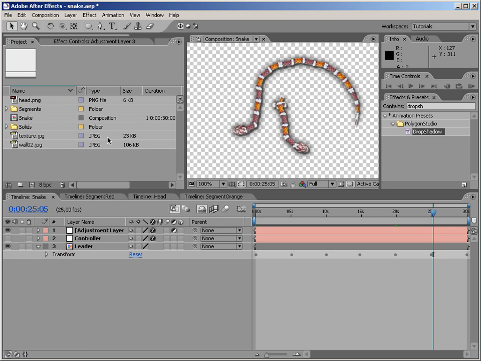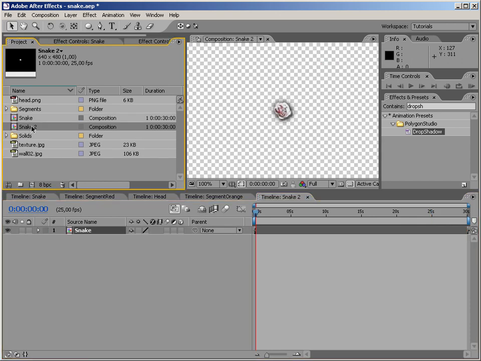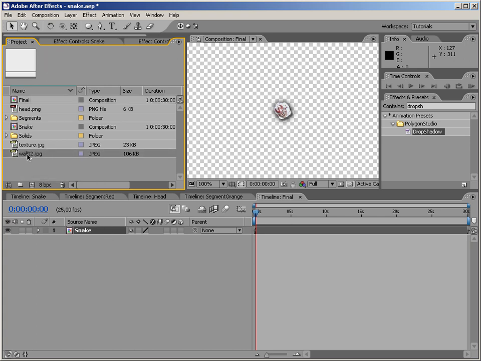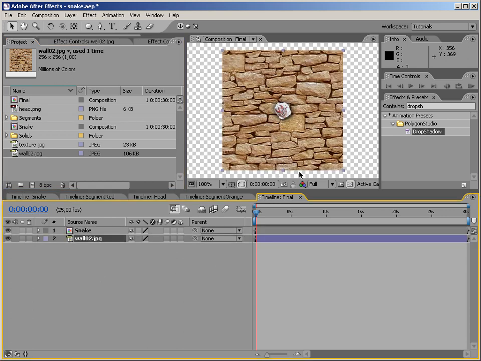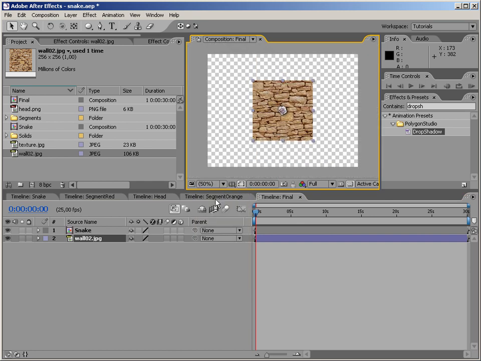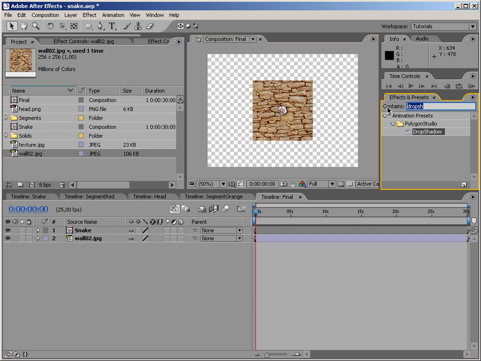Okay, and now let's create a background for this. So let's put this in a new composition by dragging it to the make new comp button, and let's call this final, and let's create a floor or a background for the snakes. So this is a texture that I happen to have on my hard drive, and let's just make it fill the whole composition. So let's apply the